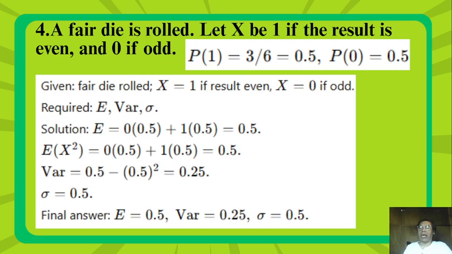So solution: E is equal to 0 times 0.5 plus 1 times 0.5, which is 0.5. And then E of x squared is equal to 0 times 0.5 plus 1 times 0.5, which is equal to 0.5. And then the variance is equal to 0.5 minus 0.5 squared, using the formula we have, which is equal to 0.25. Then our sigma is the square root of our variance, which is the square root of 0.25. The answer is